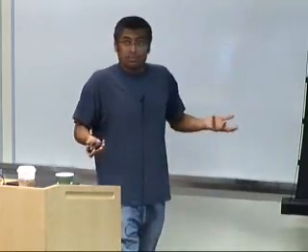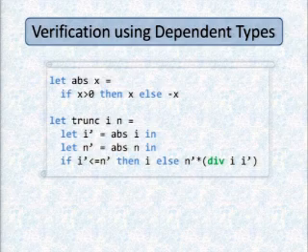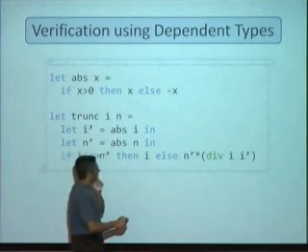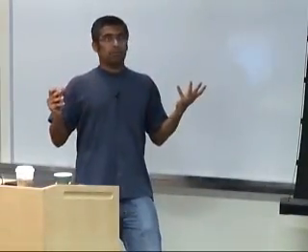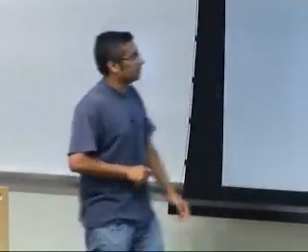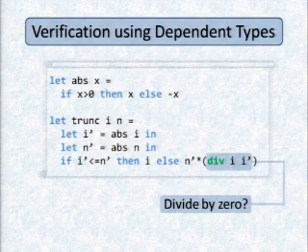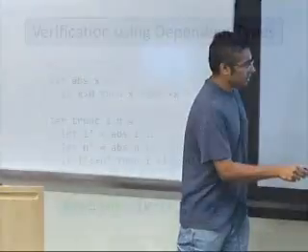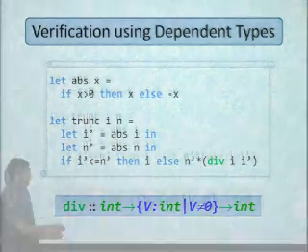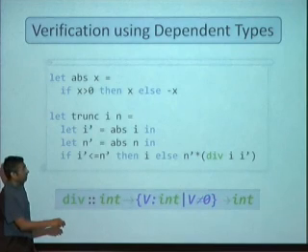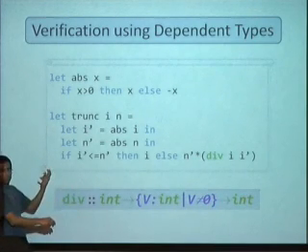But how might we use this for verification? Here's some program. You don't really have to pay attention to it. Believe it or not, it actually does something useful. I've forgotten what it does. But the thing to keep your eye on is that there's some division happening somewhere down there. Suppose we want to check that in this program there are no divide by 0 errors. How would you even feed the property into the system? Well, here's what you would do. You would give div, this division operator, this type: it takes as input one integer, a second integer which is not equal to 0, and returns as output some integer, whatever the division is.